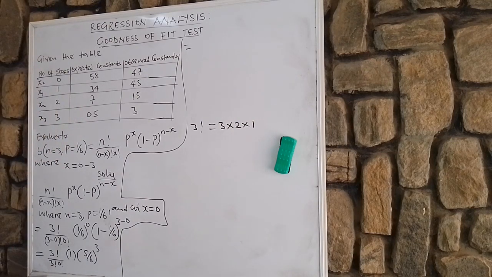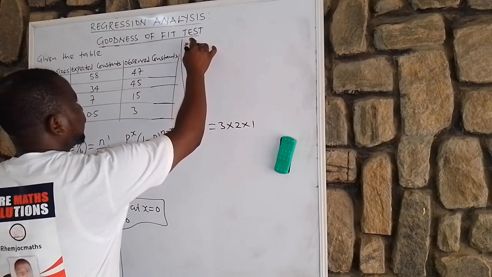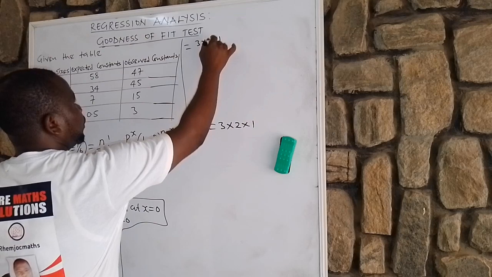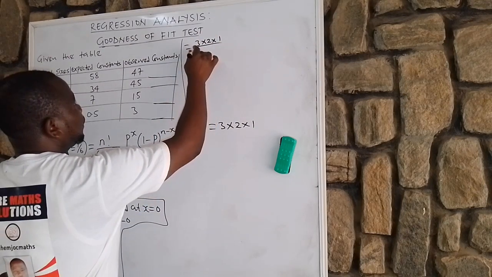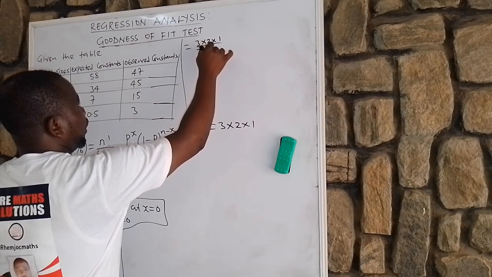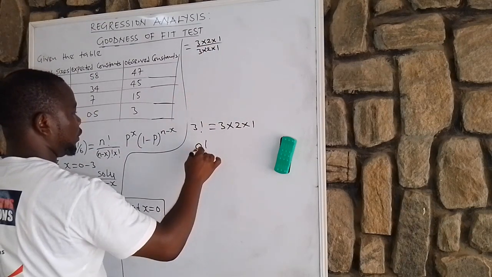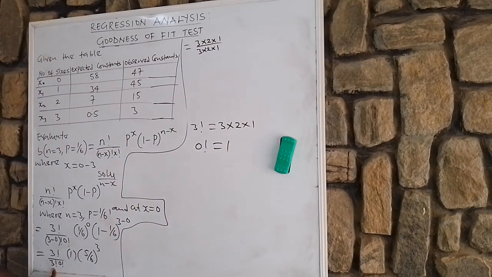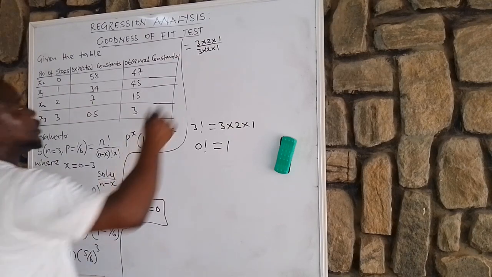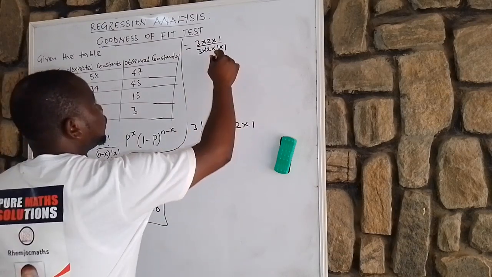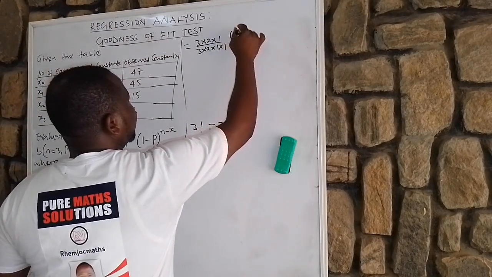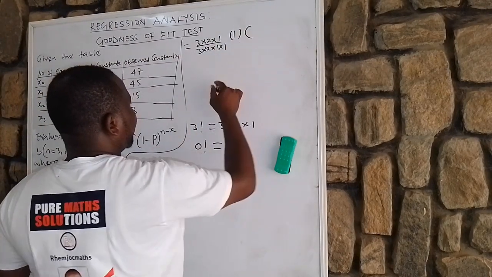So take note. So 3 factorial here is 3 times 2 times 1 all over 3 factorial again, 3 times 2 times 1. Then note that 0 factorial is always equal to 1. Take note. Are you following? So here will be times 1. Okay? Then times 1 times